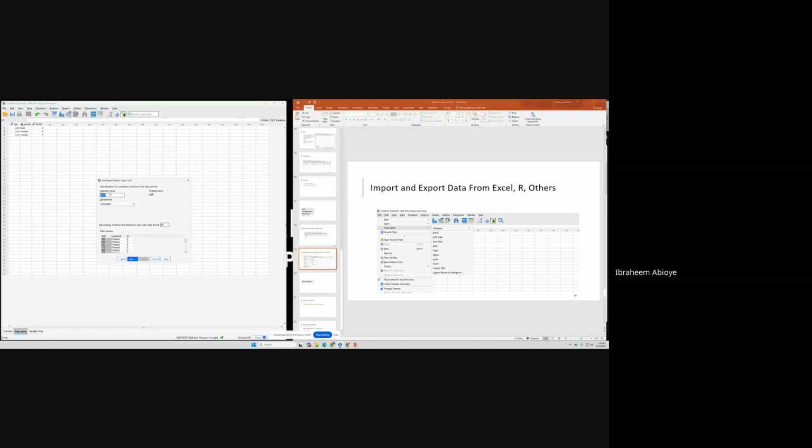Now it's asking us about the variable names. For SBP, it's asking us the format. You can change the format. It's saying automatic, so basically SPSS is figuring it out itself, or you can decide whether you want it to be a numeric variable or a string variable. You can also change the variable type. Do you think it's a date or time? When you're importing, you can make those changes. Next, after SBP,